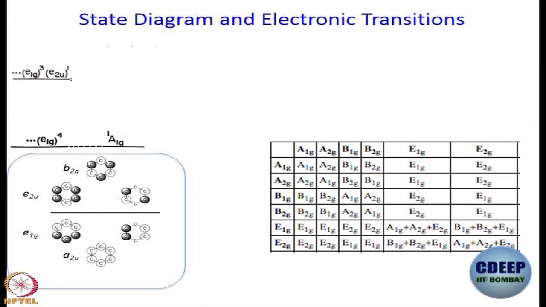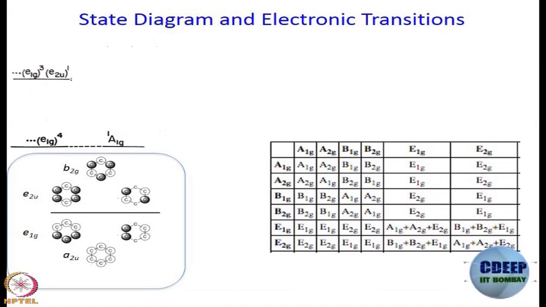Now, of course, you can do it ab initio, it is not such a big deal, but since we have this product table, we can just see what we have to do. E1 cross E2, forget G and U for now. E1 cross E2. What do I get? B1 plus B2 plus E1. And in this case, I am doing G cross U. So, what will be the direct product, G or U? It will be U. So, this one will be B1U plus B2U plus E1U. Please tell me if we are all okay with this.